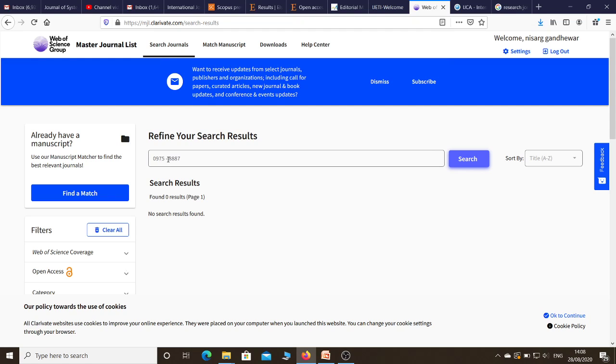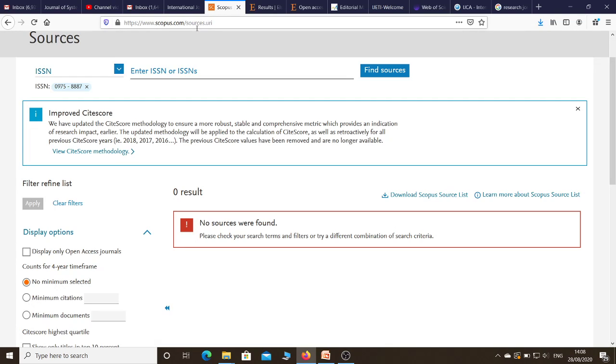So in this way you can verify whether your journal is Scopus indexed or not, or whether your journal is SCI indexed or not. It doesn't matter what a particular website is saying, or what some person is saying, that this particular journal is Scopus indexed or SCI indexed. You have to clarify your doubt by visiting this particular site. So I recommend these two sites.